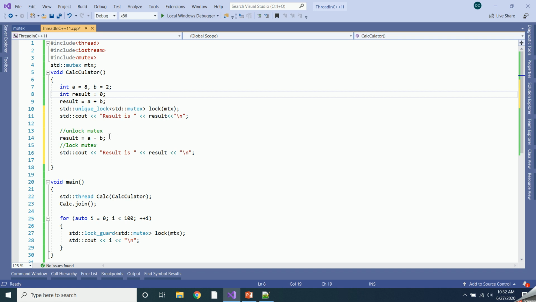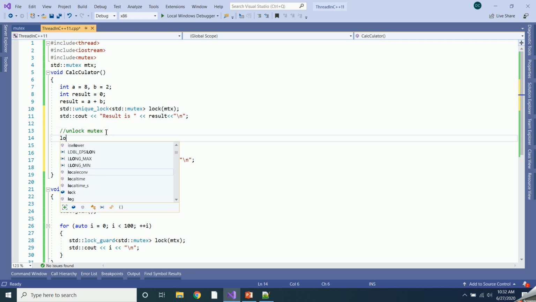Okay, so here, first, when I am printing, I am acquiring this unique lock, and then I am printing the result, and then again I'll unlock the mutex.